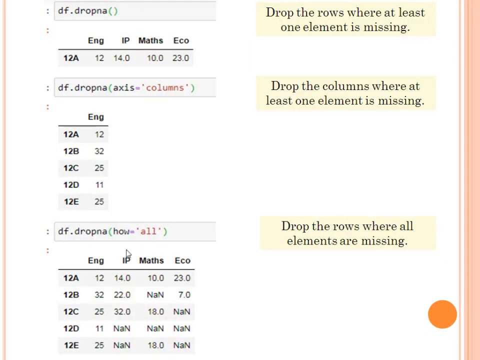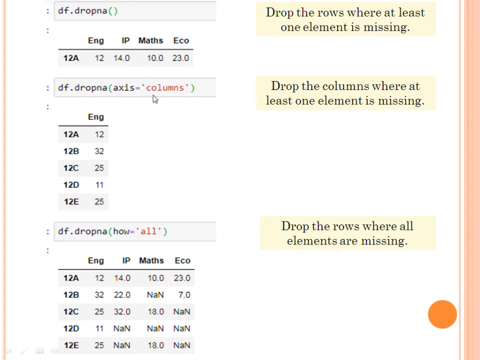So the first command is df.dropna. If you write dropna like this, it will drop all the rows which have NaN values. Okay. The next command is df.dropna with axis equals to columns.